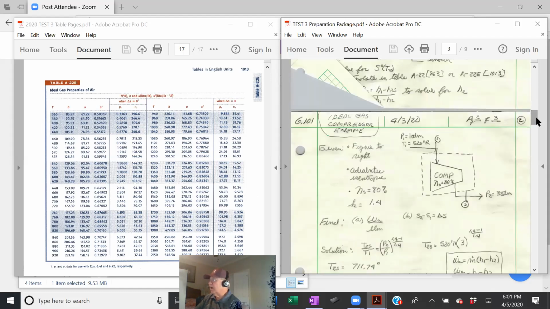All right, let's look at a problem. And this is going to be similar to what you're going to have to work on the test 3 that I'm going to be giving. This is an example of an ideal gas compressor compressing air. So we're given that P1 is 1 atmosphere, T1 is 520 degrees R. You know, that's actually 60 degrees F. We add 460 to it and we get 520 degrees. Always got to have these temperatures, working with ideal gases, you've got to have